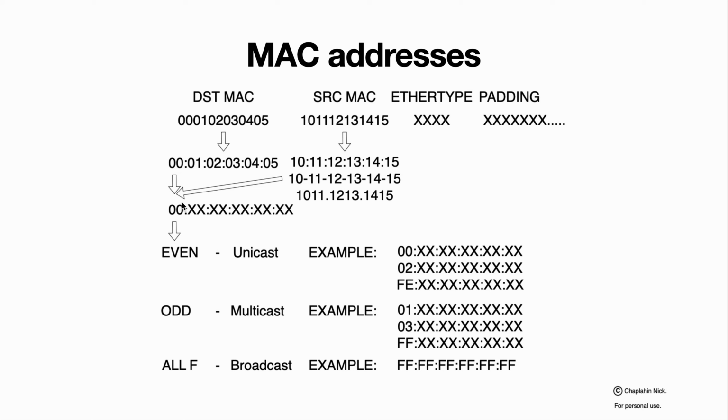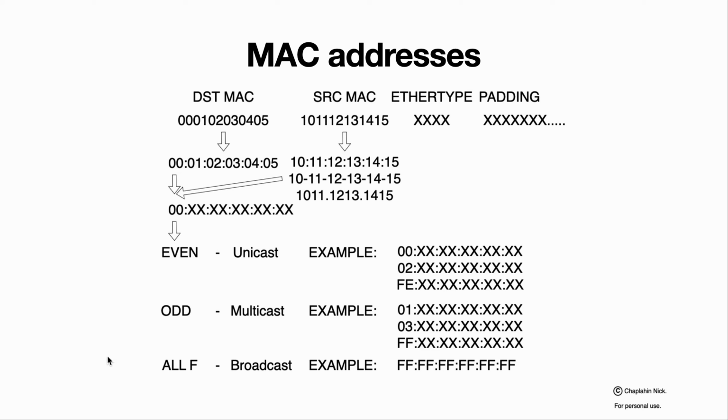We are interested only in the first section of the MAC address itself. If this section is even, this is unicast. It means everything that starts with 00, 02, 04, 06, FE is a unicast MAC address, no matter which numbers are used